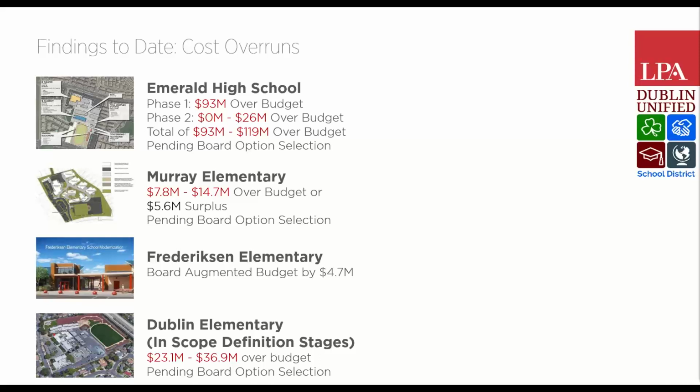So the original numbers that were presented on that bond program were not high enough. If you go back through a lot of the literature and presentations and board presentations, you'll find that there was some confusion between construction costs and project costs, and that is a considerable amount, which would explain a good portion of that